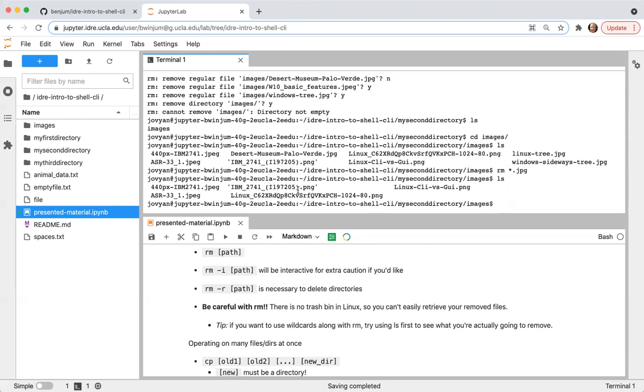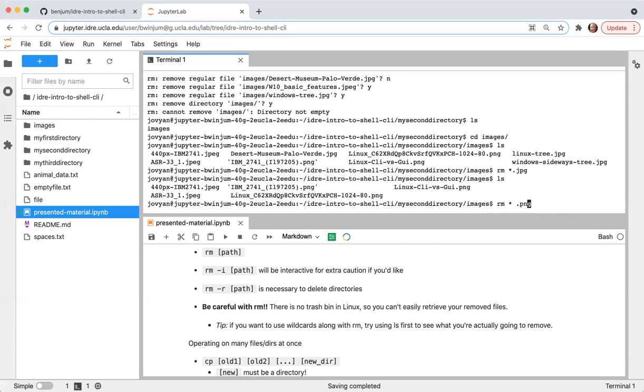And it's left the PNG files. Say I now decide I want to remove the PNG files, but I absentmindedly include a space here. So what's this going to remove? Oops, remove. It's going to think that I want to remove everything in addition to a file that's called .png.